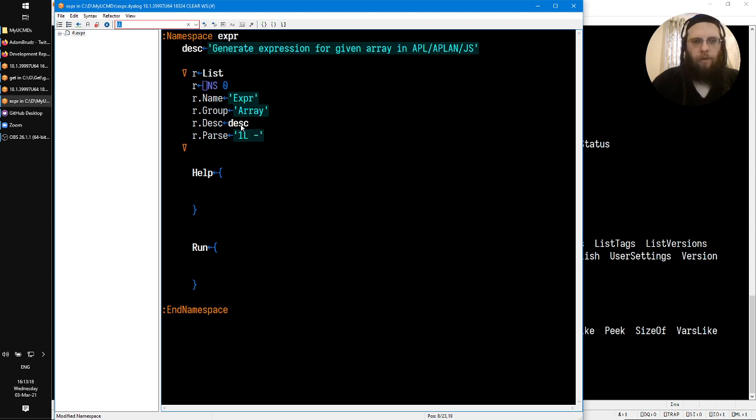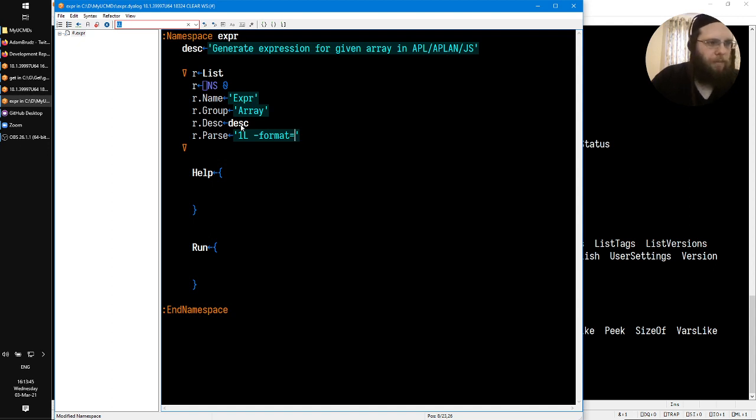And then we have to have a modifier called format. And if you use format, then you must specify a value. So if I put it like this, that means you can optionally specify. You can use just dash format, or you can do dash format equals. But if you do like this, it has to be one of